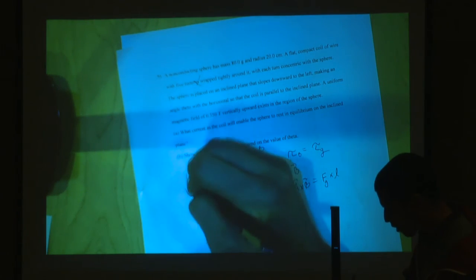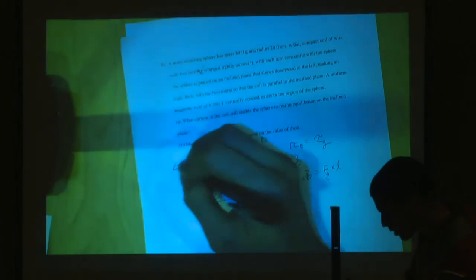But the gravity that actually causes the ball to roll down is that proportion of gravity that's going this way. So we'll see our force of gravity going here, but we want the force of gravity going along the slope, right? So if we make a triangle here, breaking up gravity into one component going into the plane and one component going down the plane, and disregarding the component going into the plane,